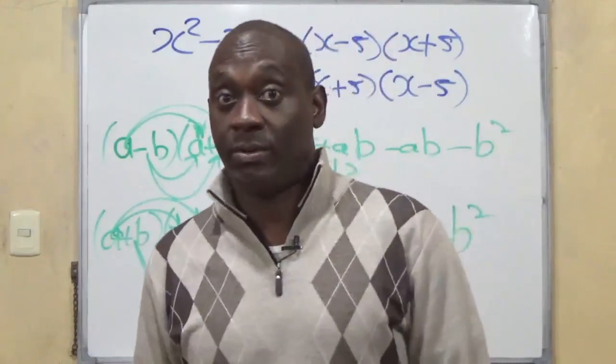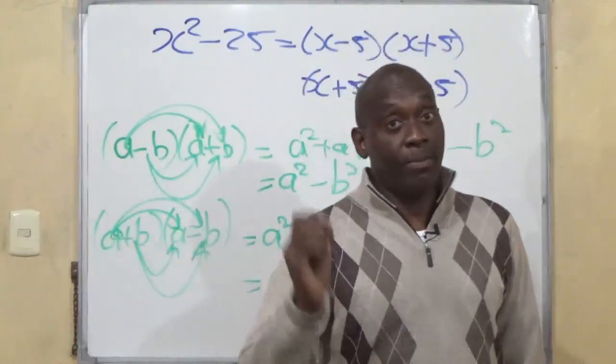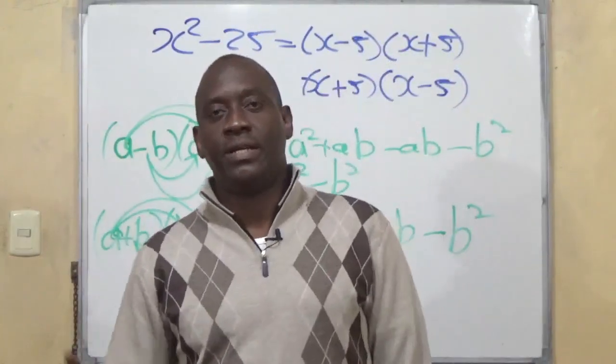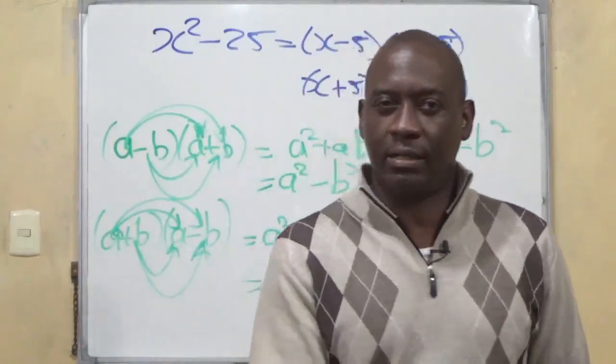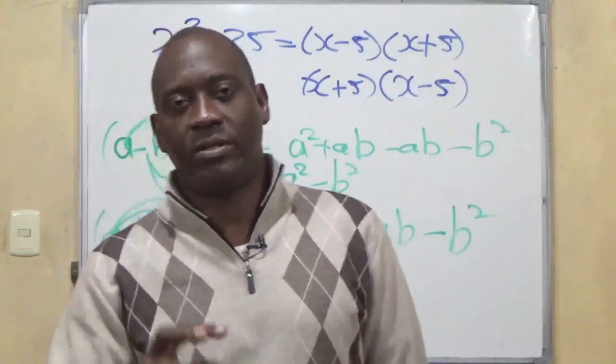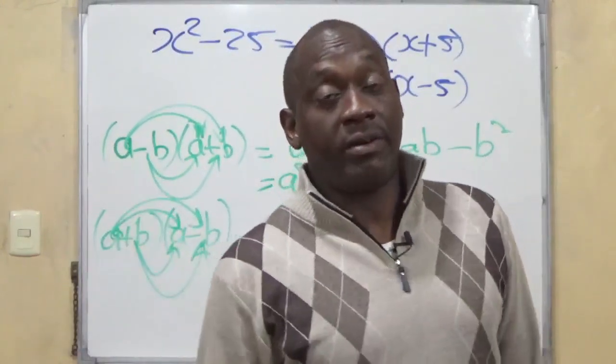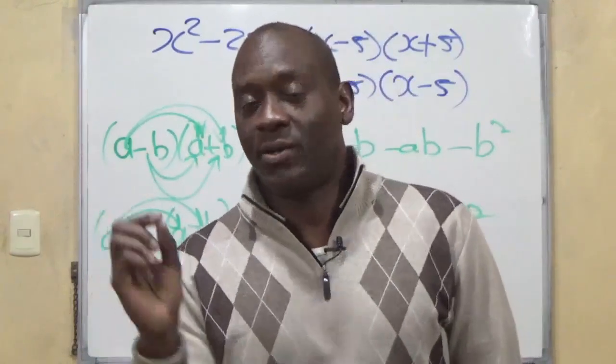your squares and your square roots from 1 to 20. Alright? You must know your squares and square roots from 1 to 20. It makes your life a lot easier if you could recognize 15 as the square root of 225, or if you could recognize 289 as the square of 17,